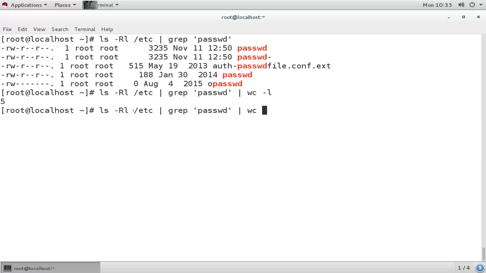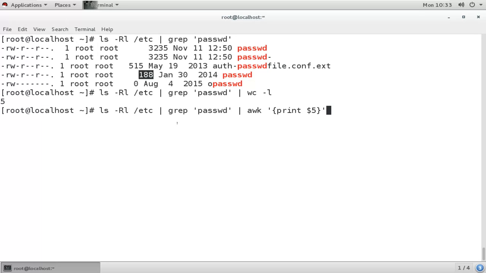Okay, let's do this. So there are some files which have this name passwd. Now I want to see only the size of those files. I don't want to see anything else. I want to see only the size of those files. So what I will do, awk print. Now size is in which column? So first, second, third, fourth, and fifth. In the fifth column. So $5